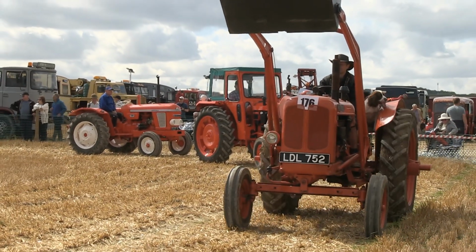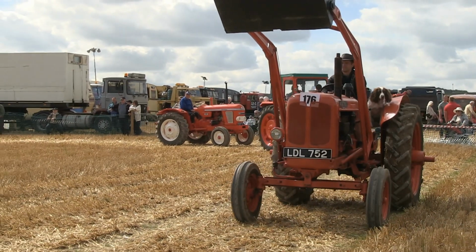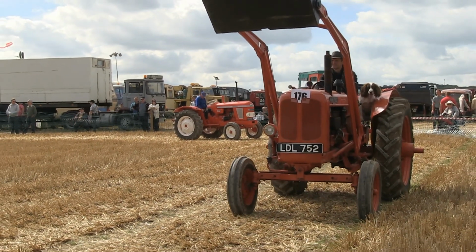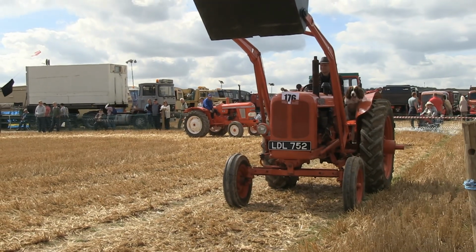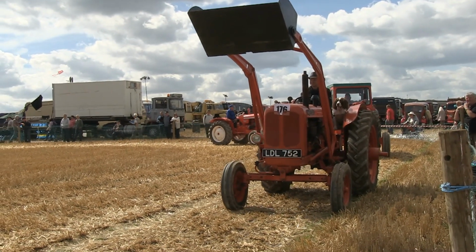I understood talking to one of the owners that they did have quite a lot of problems when they first started these tractors, but this one obviously running very nicely. Right,